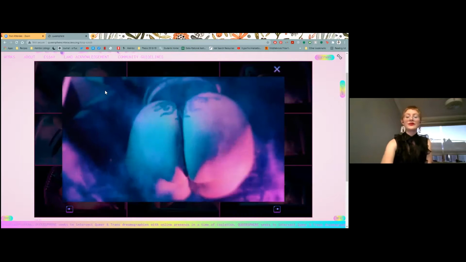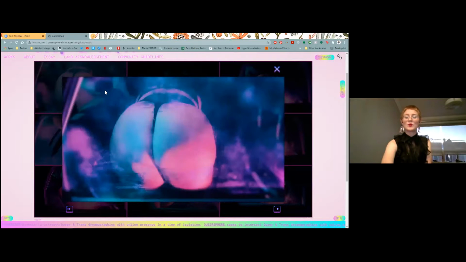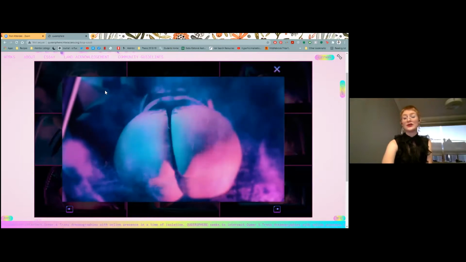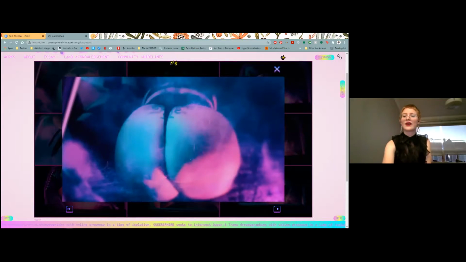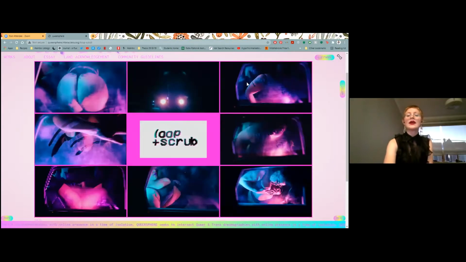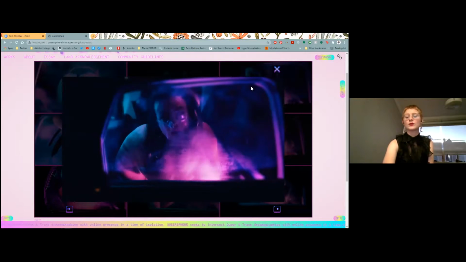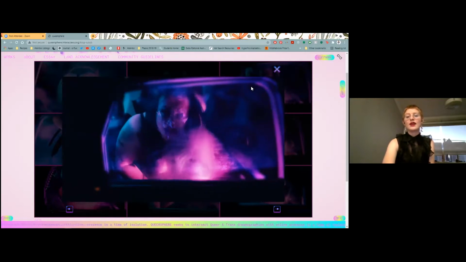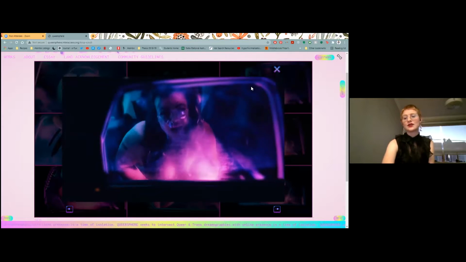And its gift form, in the fact that you can navigate it on your own, in the fact that it plays with erotics rather than explicitness. But I think what stands out to me as the strong point in this, and the reason I brought it in, is the fact that it showcases queer sexuality in the queer context.